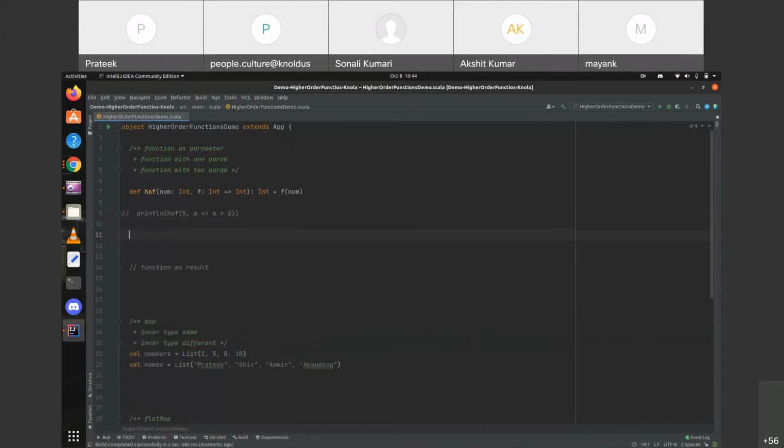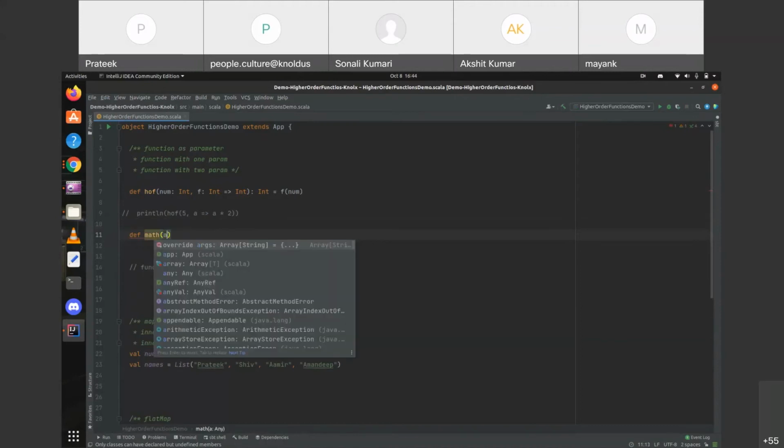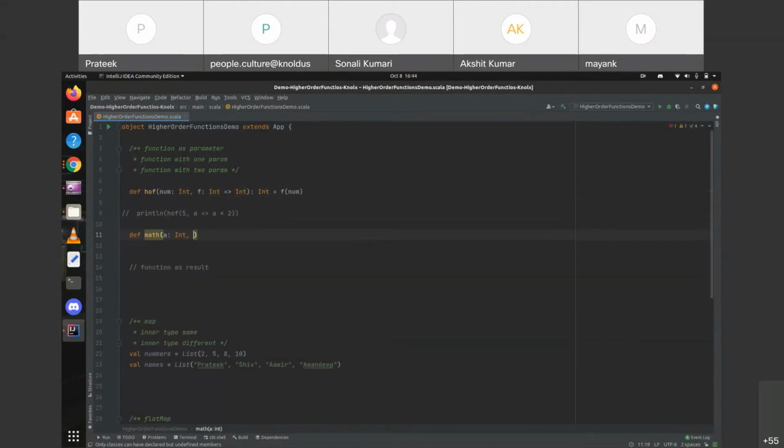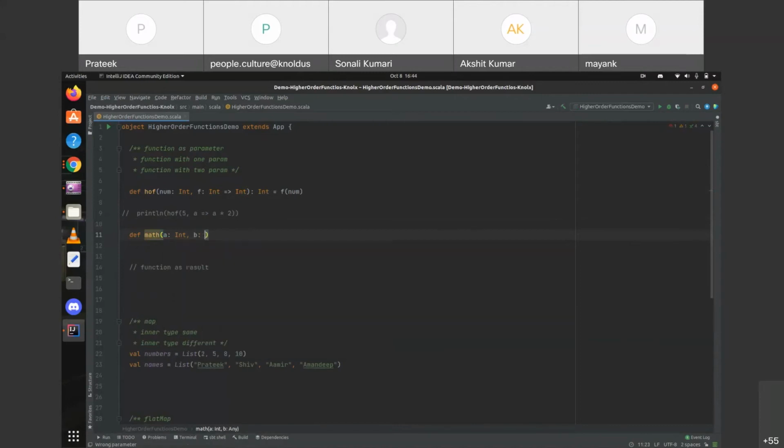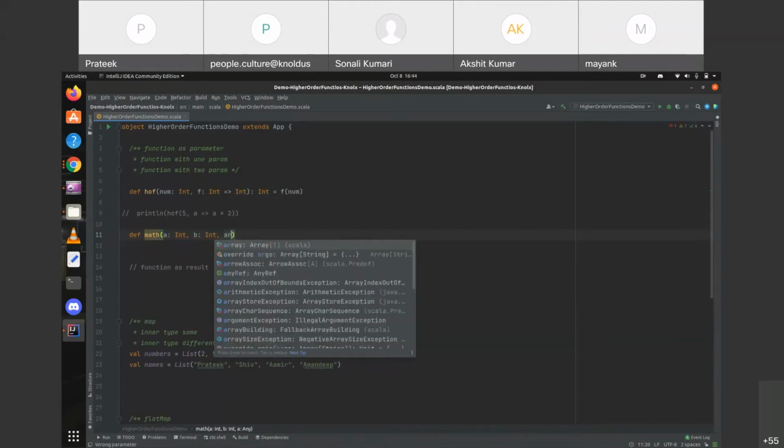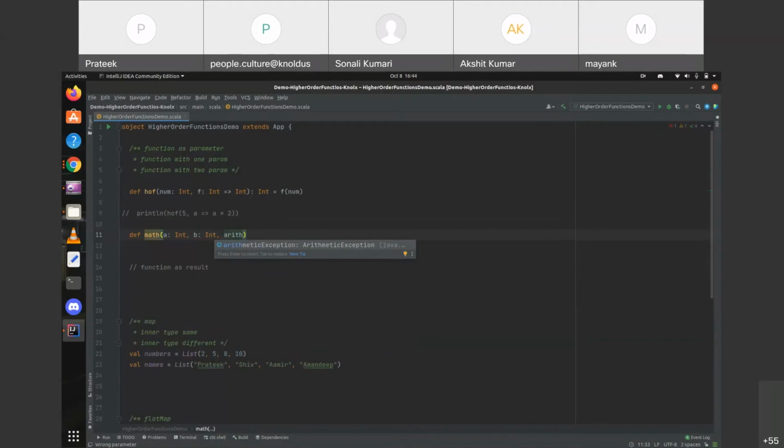Let's take one other example. Let's say this is the math function and it takes two numbers, and the third is the function parameter.